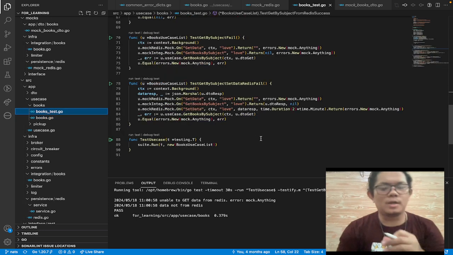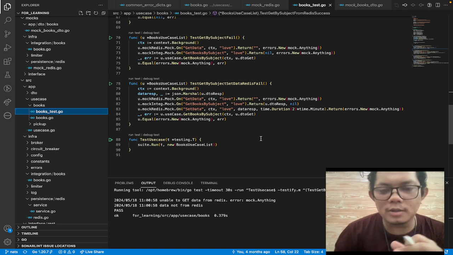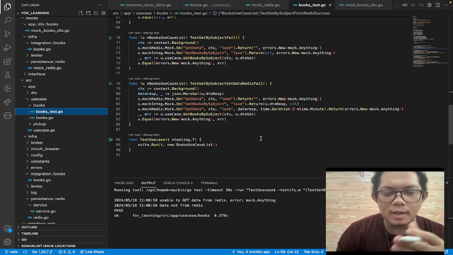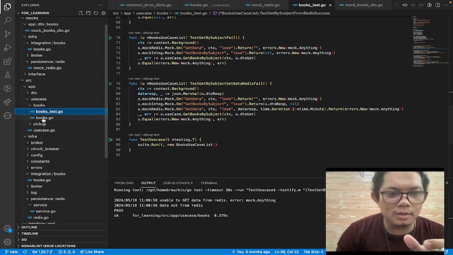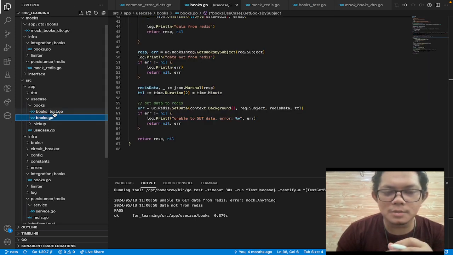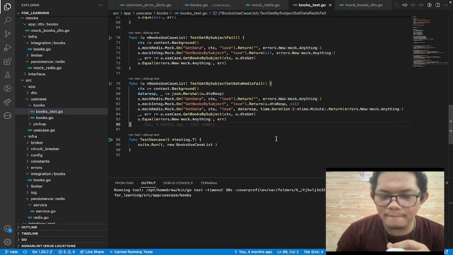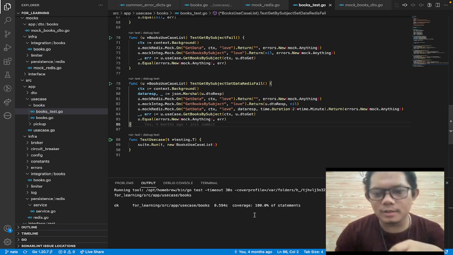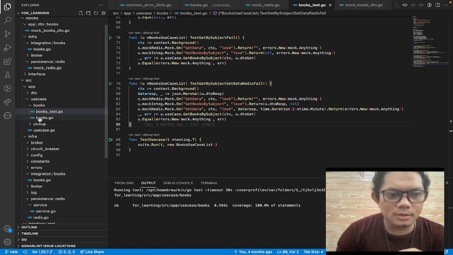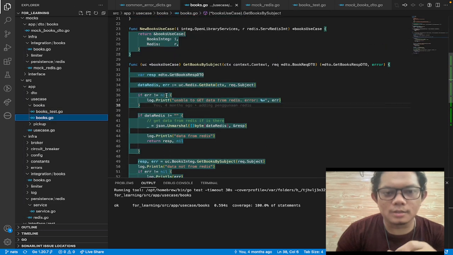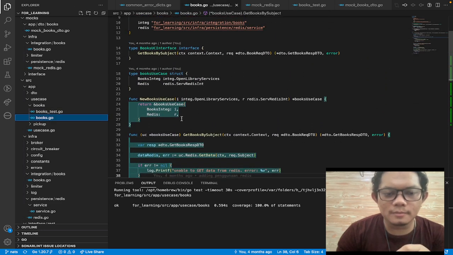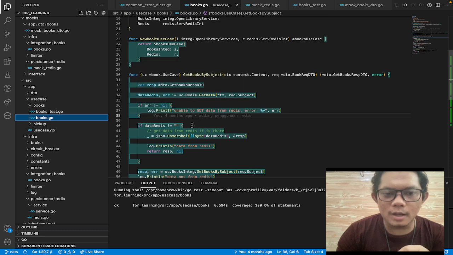So we can see that my unit testing covers this use case 100%. Like this, I will show you. The coverage is 100% of statements. You can see it's a green line for all the lines that I wrote in this method.